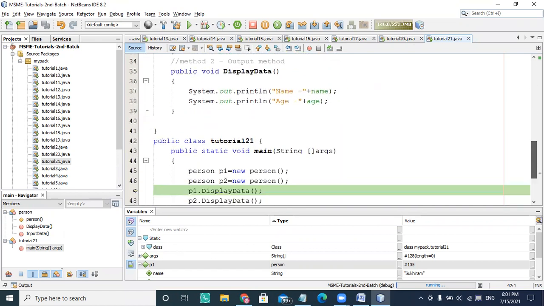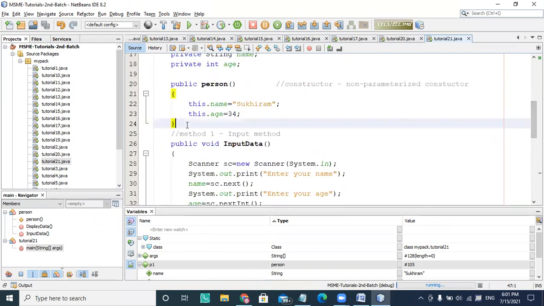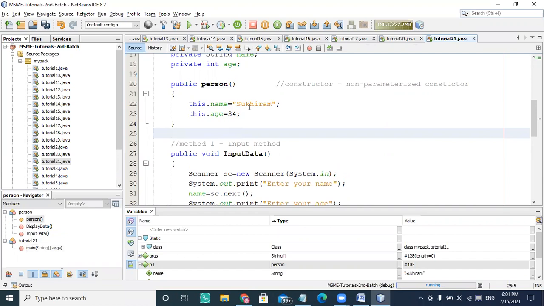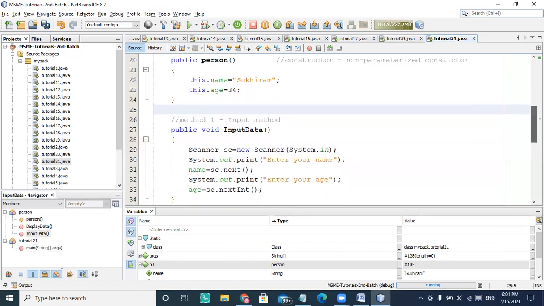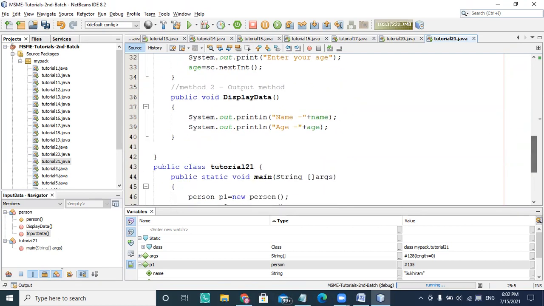So if you see, this is a constructor, and I'm now going to define a parameterized constructor here. I'm stopping this debugging, and once P1 and P2 have that value, my display data is called accordingly and is holding the same content.